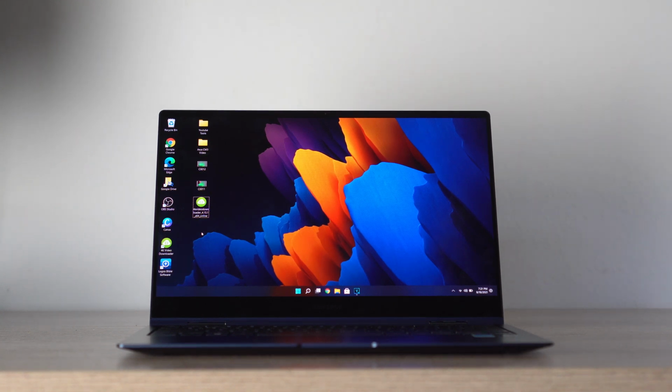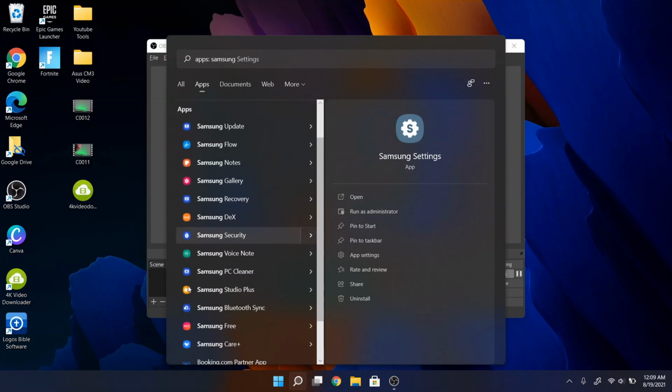But I think if you're in the mid-range market, right? If you're looking for a laptop between $600, maybe $800, I would look at the Flex 2 Alpha, which doesn't charge with USB-C, but it has almost all the features that this has, and it has that same Samsung